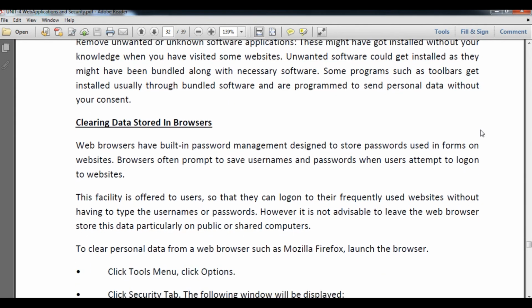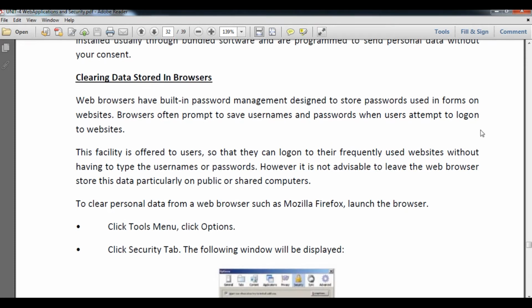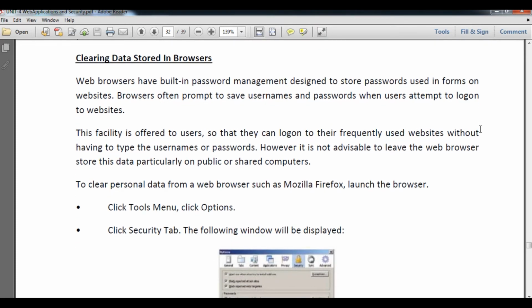So now, clearing the data stored in the browser. Students, it is also important to clear data stored in a browser. Web browsers have built-in password management and are designed to store passwords for some websites. Browsers often prompt to save the username and password when a user attempts to log in to a website.